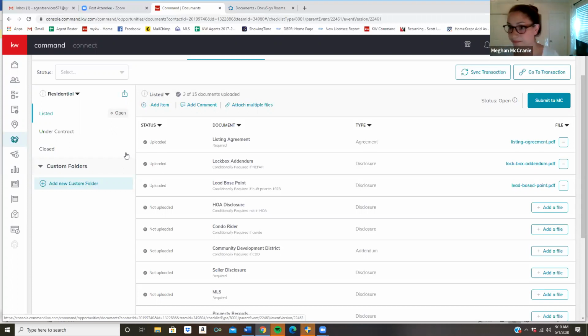So you're going to have a little note bubble by listed, under contract, or closed, depending on which one you're missing a document from. Now, another frequently asked question, how will we know when it's submitted back to us or when it's returned to us, right? So here's the thing. This is why you have to have Kelly on your phones. Kelly will give you a push notification saying that your documents have been returned. And on your dashboard in command, on this notification bell, you'll also receive a notification. Now, email right now is not a thing.